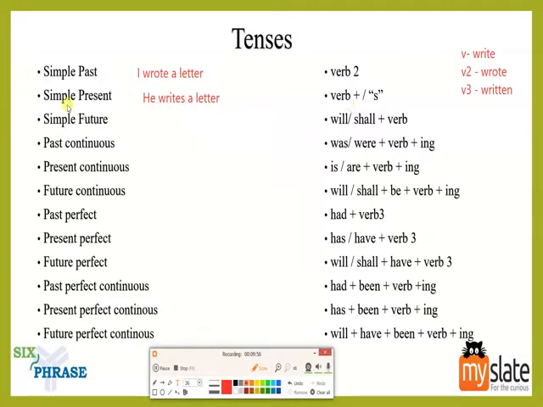Only in the simple present form. It is not applicable anywhere else. It is applicable only in the simple present form where you add s if it is a singular form. Let's say, for example, they, right? You do not go and add s. They write a letter. That is the actual grammar, right? So let's talk about, okay, we have will or shall plus verb. She will write a letter. That is an example, right?